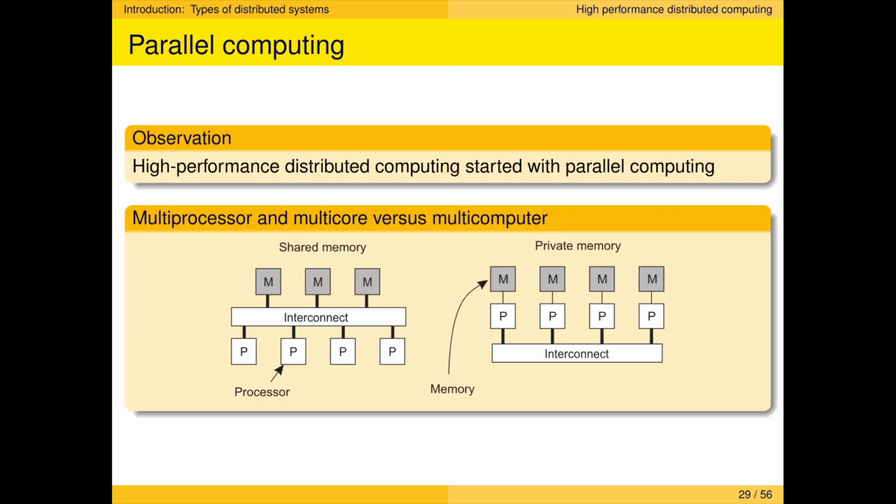So let's start with the first one, the high-performance distributed computing systems. So we're trying to do computing in parallel. So let's first understand the difference between the multiprocessors or multi-core systems versus the multi-computer systems. In the first case, where we have multiple processors in a computer system or multiple cores, we're talking about a single computer system where we have these multiple processors. Each might have multiple cores again, and several shared memory units,